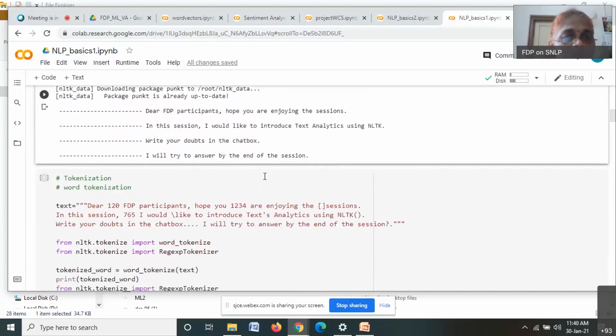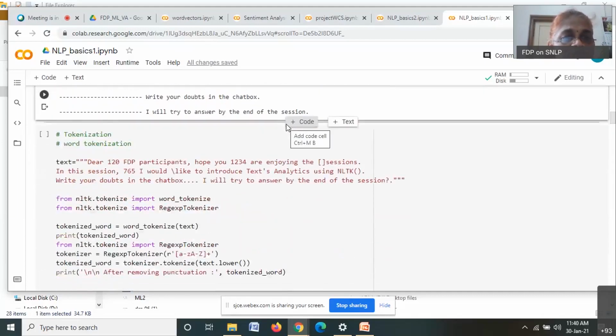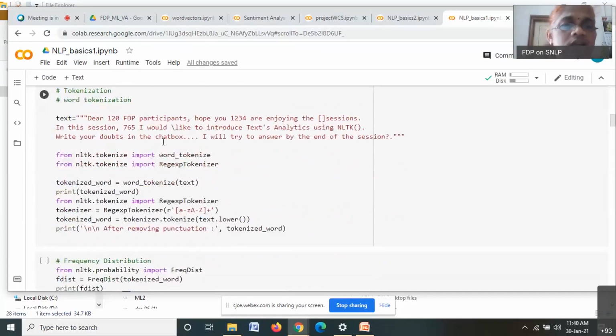Okay, next let us go for word tokenize. Similar to sentence tokenize, we have the function word_tokenize, and I'm using the same text, but I have included some numbers at random so that I can check the regular expression tokenizer. When you are considering a text, there will be some numbers. Numbers may not be present in all the documents, and they do not play a prominent role, so I would like to remove all those numbers. I have made provision to remove even the numbers here.